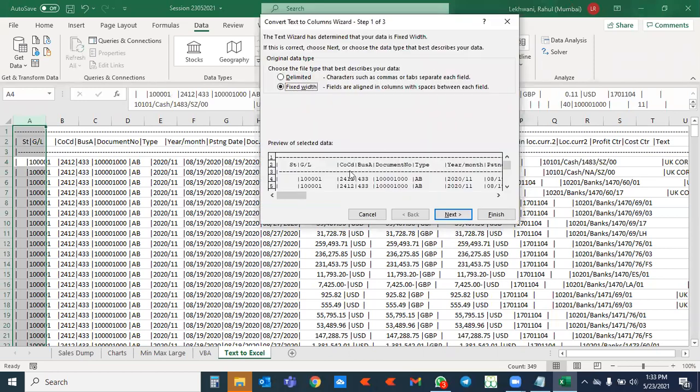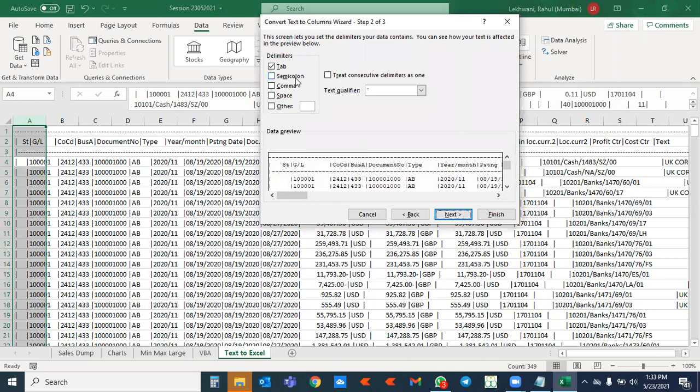Then go to Text to Columns, delimited, next. See, there are predefined things. If it was comma, we would have selected comma. If it was semicolon, we would have selected semicolon. But our criteria is not there in the list. So I'll click on Others and paste the separator. Understood?